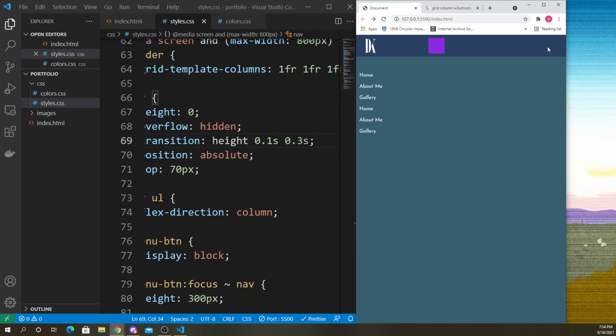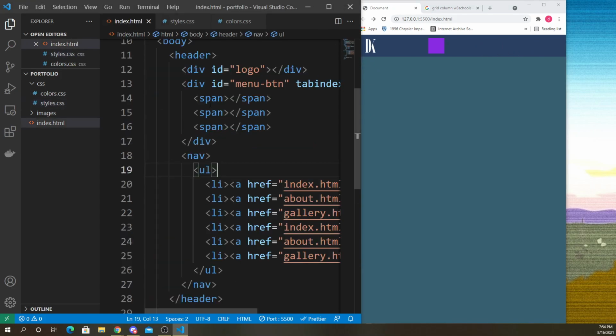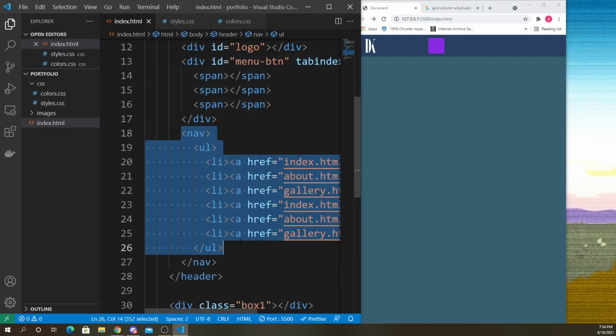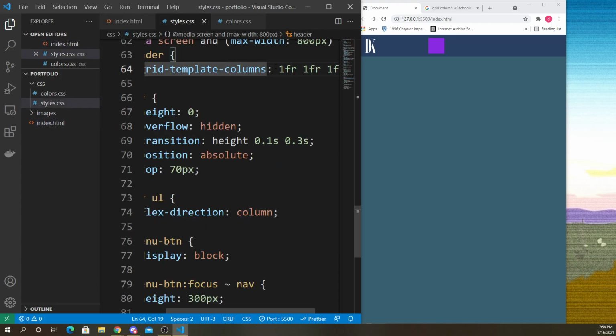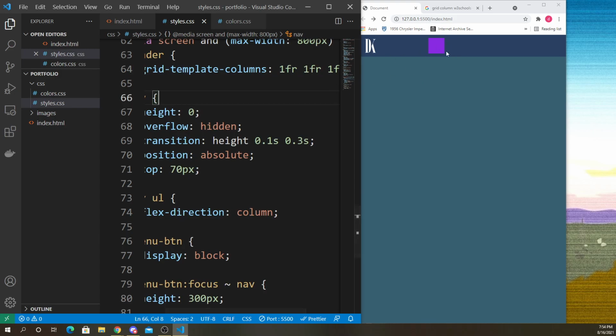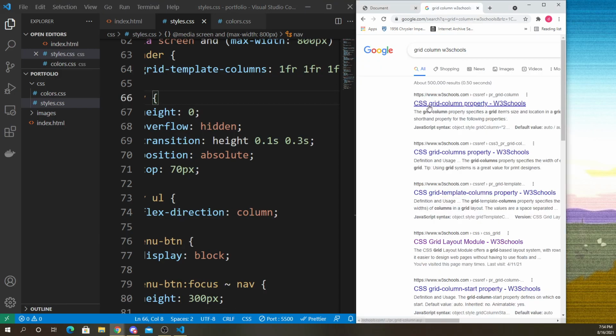But it's still technically taking up this area. And that's because of the order that we put it in here. It's going to be the same order that is in the HTML. It's the logo, the div, and the nav. Now they're all taking up one fraction each. But if you want to change the order, you want to force it to change, you need to use the